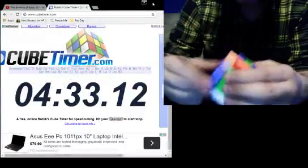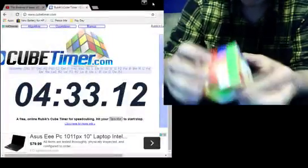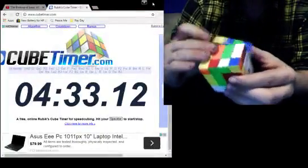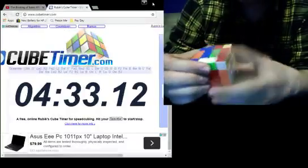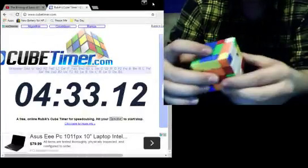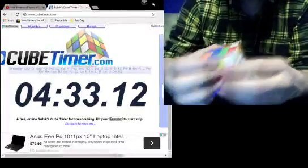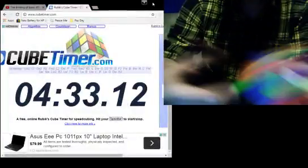Alright, so actually these red and white. So if I push this here, it's gonna match. So I want to put that back, and I want to flip it. And then what I'm gonna do...